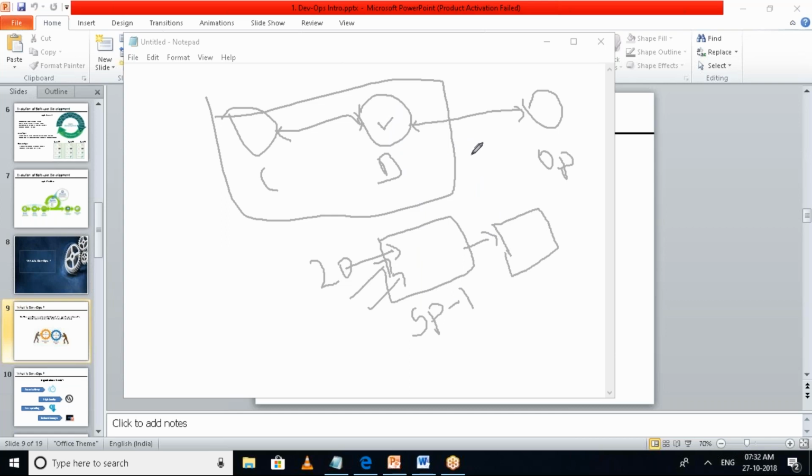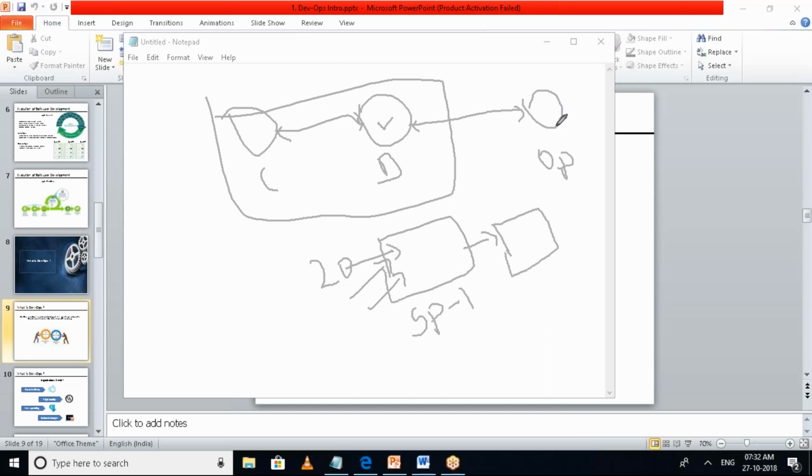Now coming to the operations team. Let's say the product is developed by the development team, they have gone through all these challenges, and finally they have come up with one single piece of working code, and we are ready with our software code. Now we have given this to the operations team. The operations team is responsible to install this software in an environment, either a non-production or a production environment, so that anybody can test it, review it, and finally confirm, so that it can be deployed to the production environment.